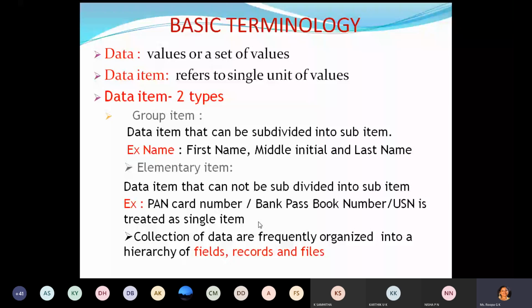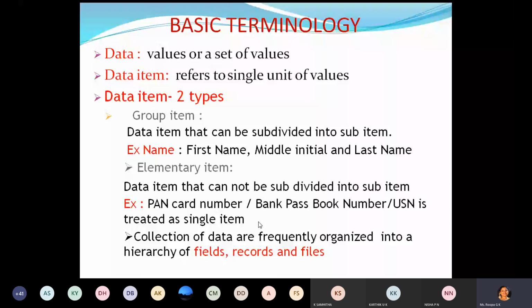Now, collection of data is organized into a hierarchy of fields, records, and files. We will study what is a field, what is a record, and what is a file. Let us consider the same example. Name is a field which is divided into different categories like first name, initial, etc. Then a record is nothing but a collection of fields for n number of students, for example.